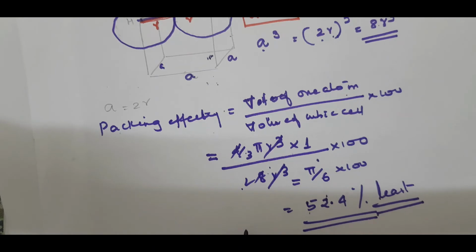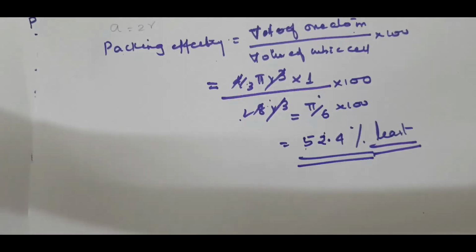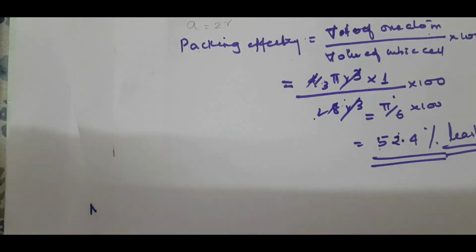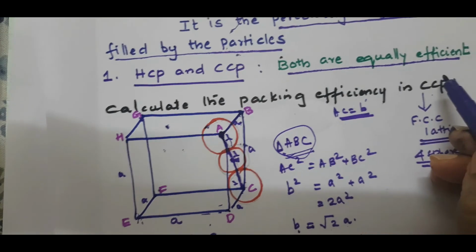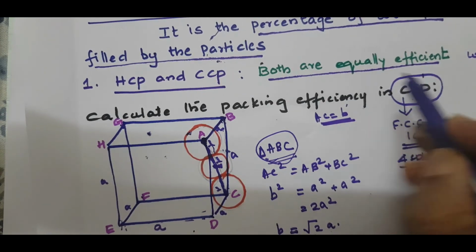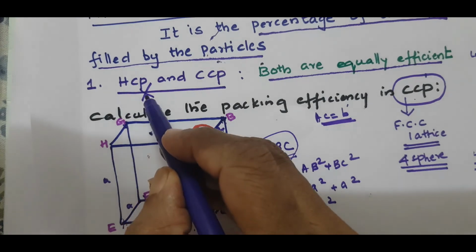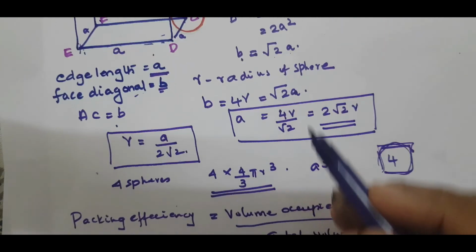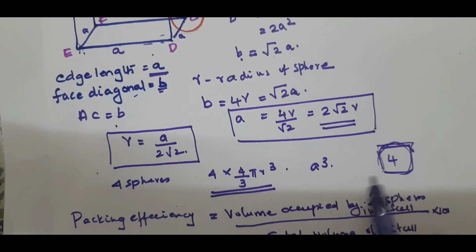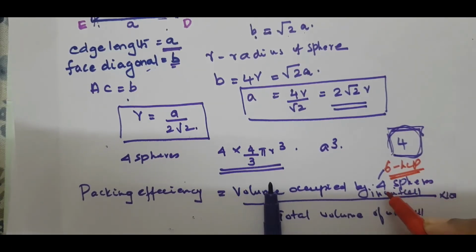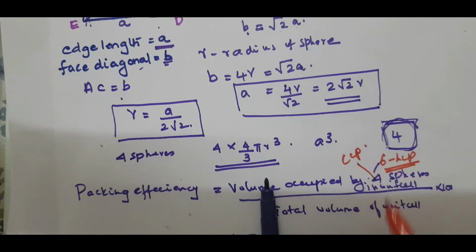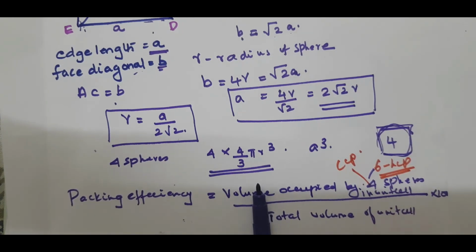Then comes the body centered. And the most efficient packing is which one? The most efficient packing is the CCP, isn't it? CCP as well as the HCP. We are only considering CCP. Keep in mind, only CCP is considered, HCP is not. Because if you are writing HCP, there is a difference. The number will be 6 for the HCP, but here we are only taking 4 for the CCP. That is a difference that you don't need to study now. You will study the HCP in higher classes.